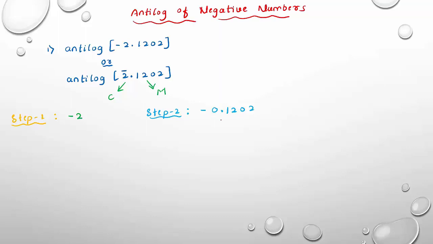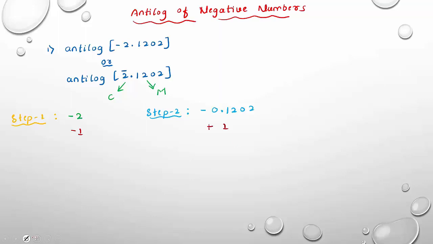Here, first we have to convert that negative mantissa value into a positive value. This is step 2. This is in terms of negative, so first we have to convert it into positive. For that reason, I am going to consider minus 1 for the characteristic and plus 1 for the mantissa. Minus 1 plus 1 will get cancelled, so again we get the same number. So what we are going to do is subtract 1 from the characteristic and add plus 1 to the mantissa.